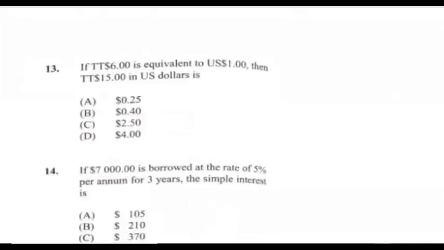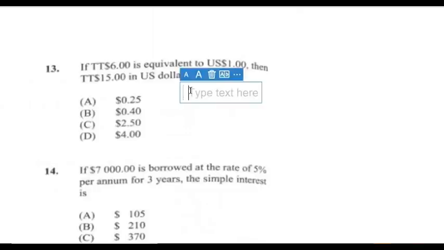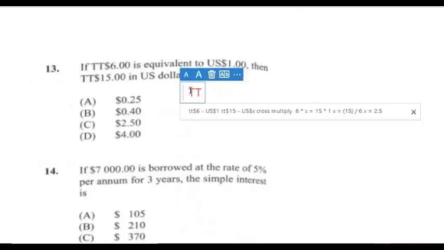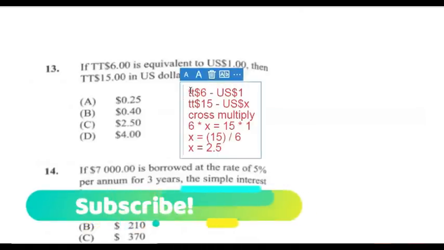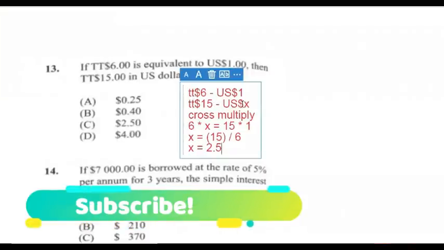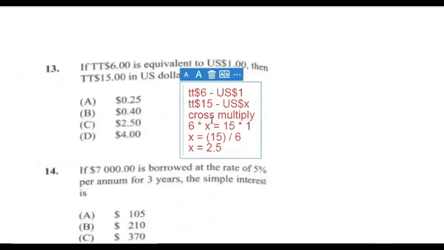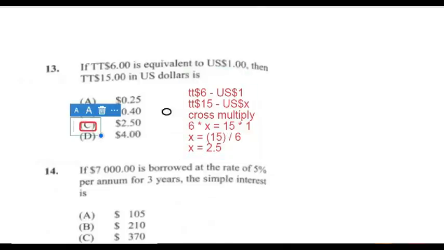13. If TT $6 is equivalent to US $1, then TT $15 is equal to. So what you're looking at is TT $6 is equal to US $1, and TT $15 is equal to US X dollars. So what we're trying to find is X. We're cross multiplying, so it becomes X multiplied by 6 is equal to 15 multiplied by 1, and therefore X is equal to 15 divided by 6, and X is equal to